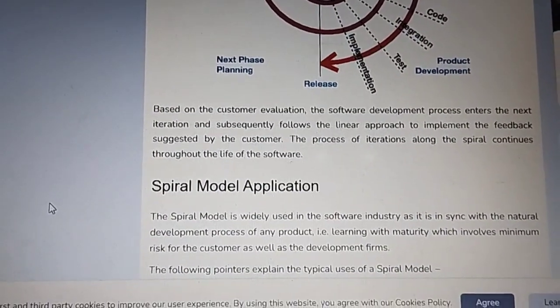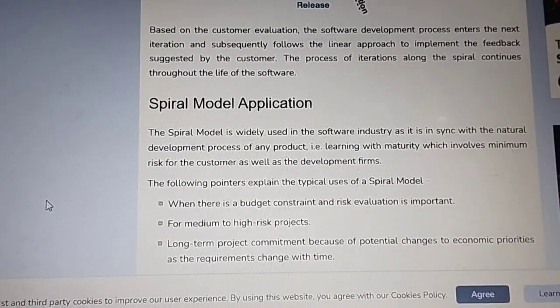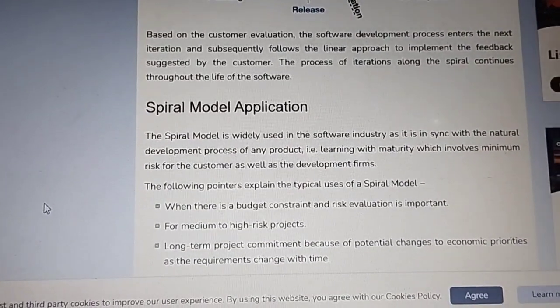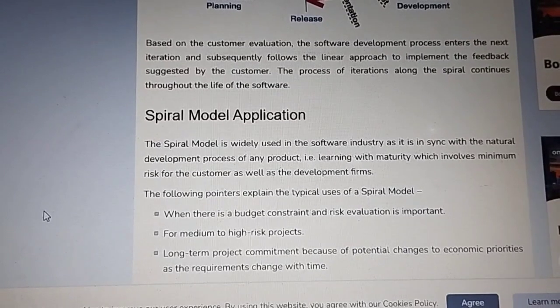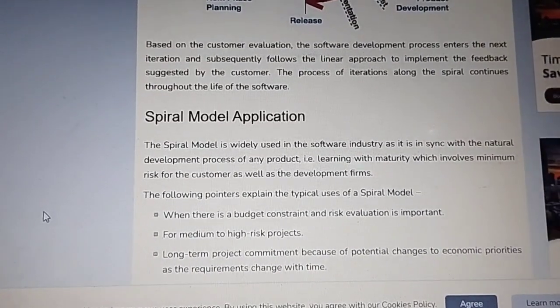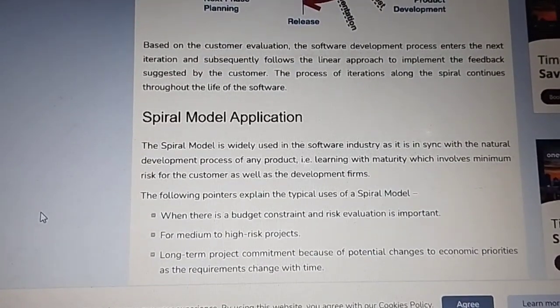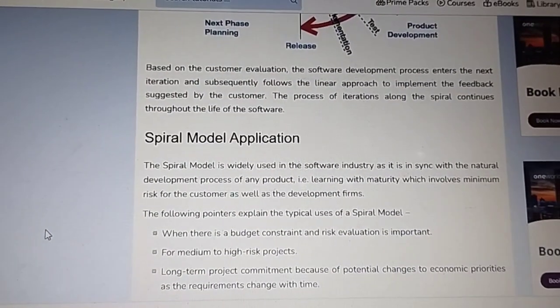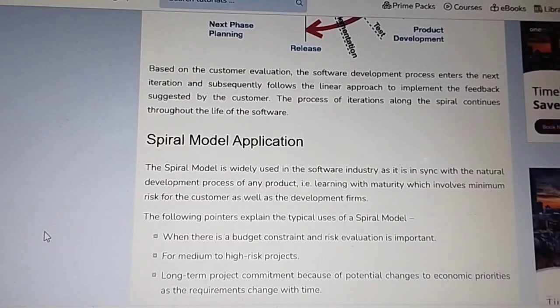Spiral model application. The spiral model is widely used in the software industry as it is in line with the natural development process of any product, i.e. learning with maturity, which involves minimum risk for the customer as well as the development firms. The following pointers explain